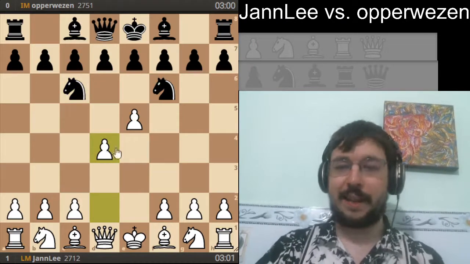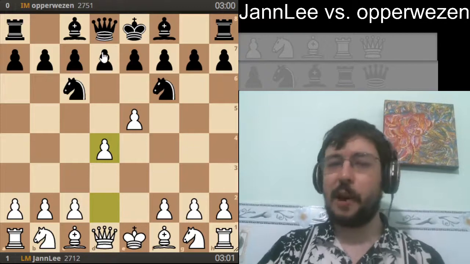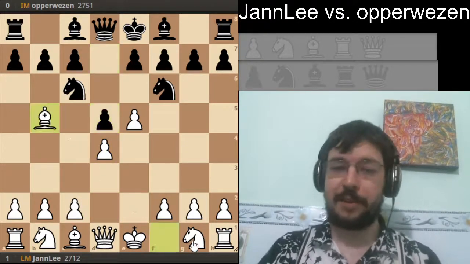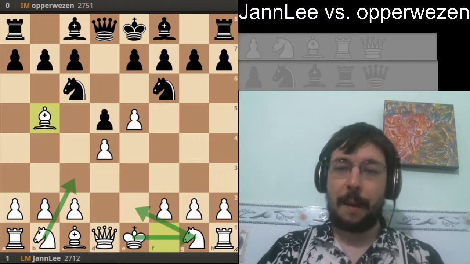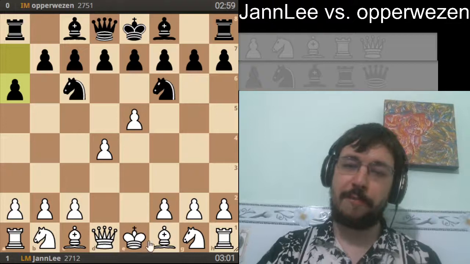So JannLee plays d4, and I know from my own experience playing these positions against JannLee with black that he is very, very strong in these strategic lines. He has a very good feel for the piece placement. He just goes knight e2, castles, knight c3, and just makes it very hard for black to get any sort of counterplay. But instead black played a6, and of course a6 isn't a particularly common move,